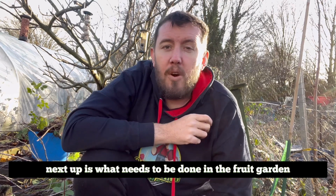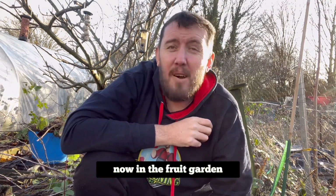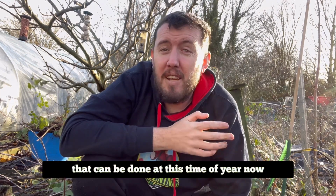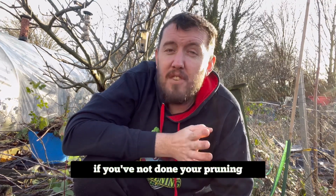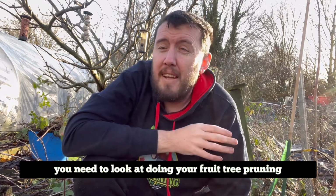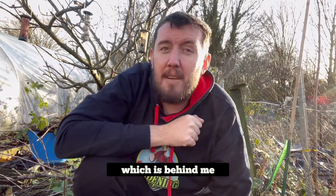Next up is what needs to be done in the fruit garden at this time of year. Now in the fruit garden there's plenty that can be done at this time of year. Now, if you've not done your pruning, you need to look at doing your fruit tree pruning. Now I've just pruned my cooking apple tree, which is behind me, because I'd not done that,